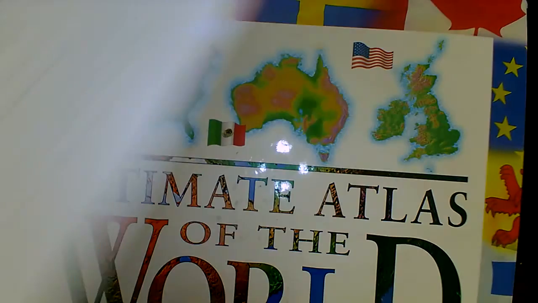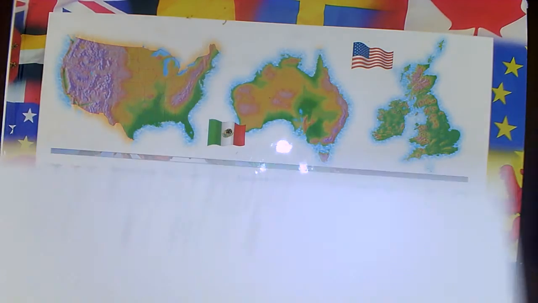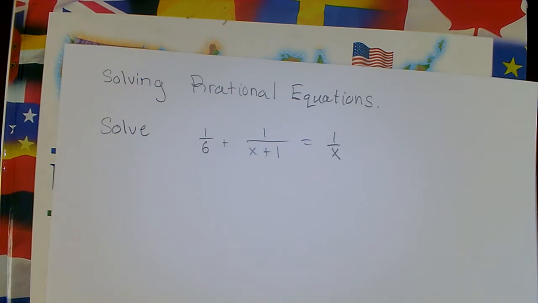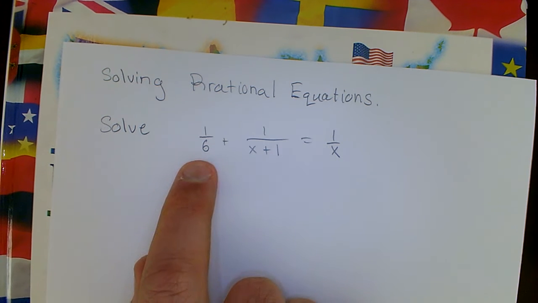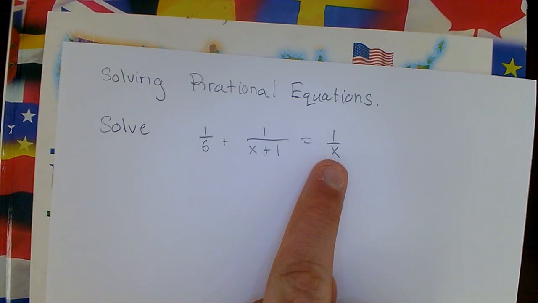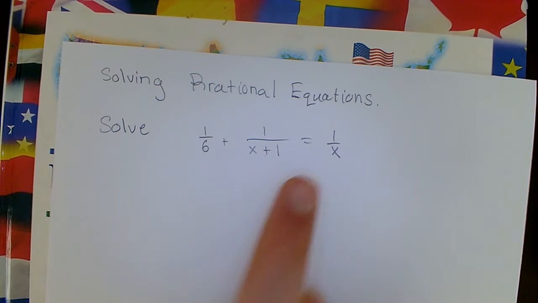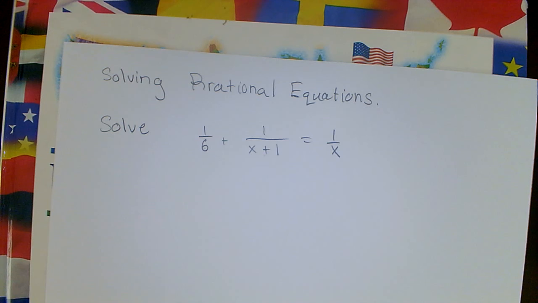Okay, so now let's talk about the next type of equations we're going to be able to solve: solving rational equations. Remember we talked about rational equations or expressions in the first chapter, the review section. The first thing we need to do is find the least common denominator between all three of these denominators. Remember, one method to do that is